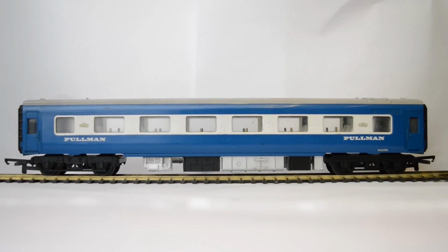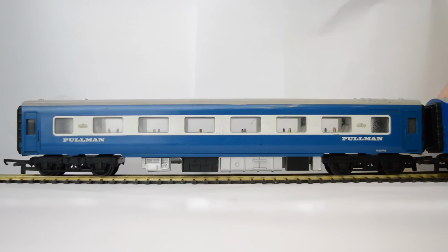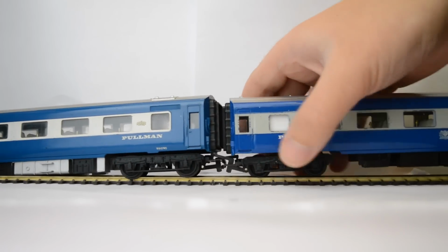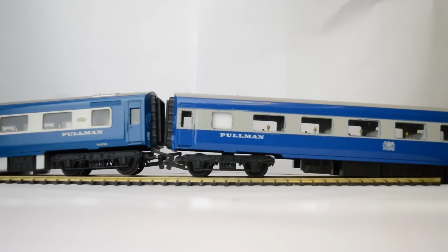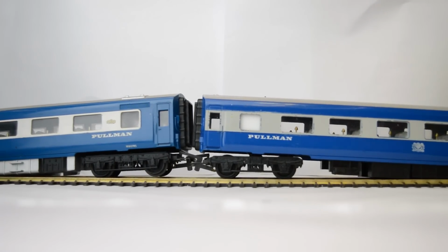And here's the coach. I'll introduce it quite slowly, and I'll try and get them both in the shot. I'll couple them together. As you can see, they are... Hang on. There you go. Can sort of see those. Let's see. Yeah, they are exactly the same moulding, but as you can see here, you've got this grey, which